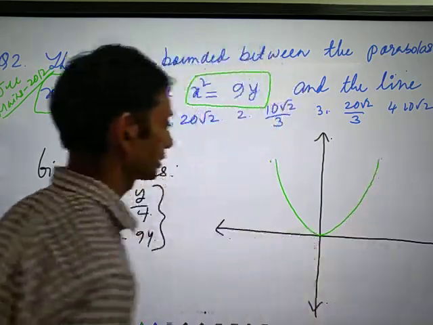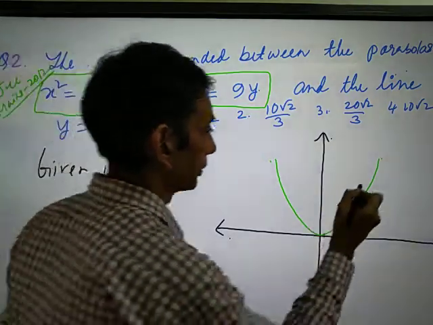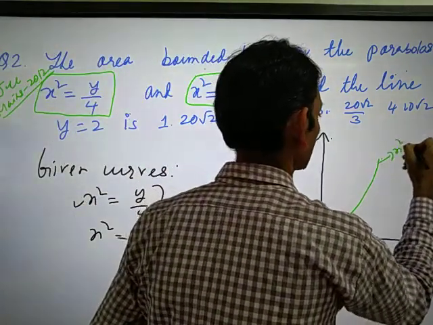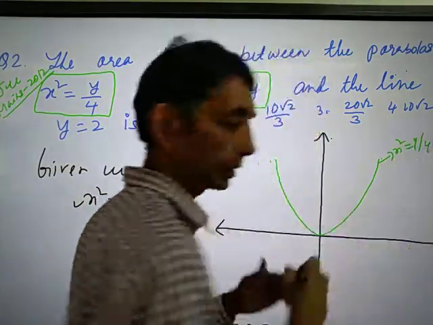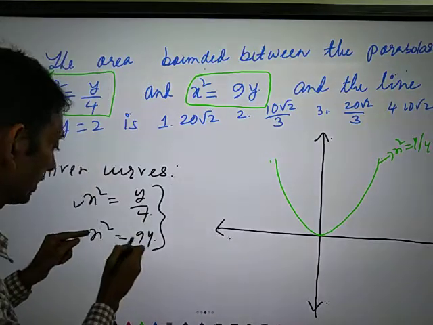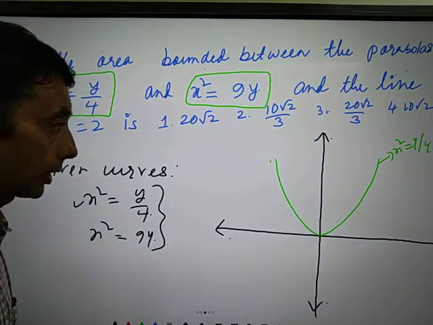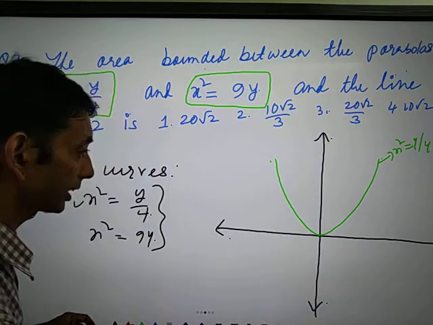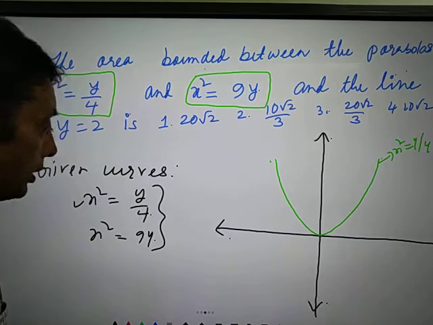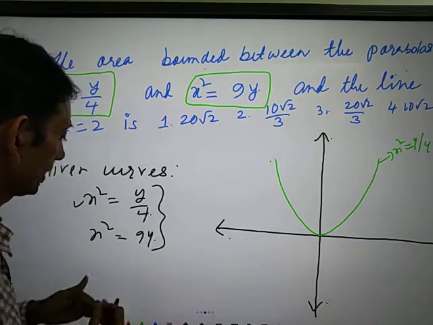Right, so this will be x square is equal to y by 4. Now next we will draw the graph of x square is equal to 9y. Okay, so if we draw this graph, x square is equal to 9y, and if we observe carefully these two